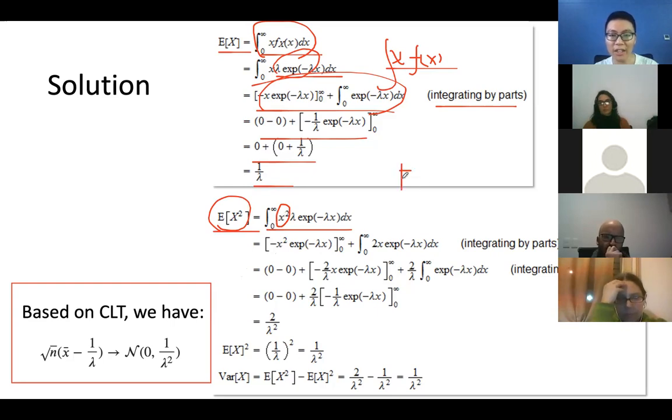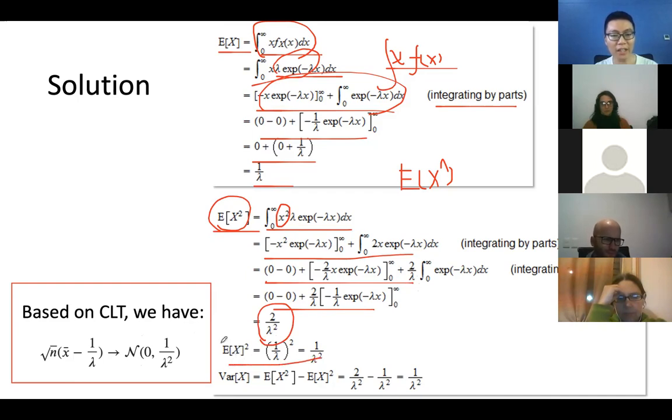So how do you calculate the expectation of X squared? You just replace the X with X squared. It's pretty simple, but you do the integration. This is all math. Due to the time limits today, I won't do it step by step. I just show you the basic idea, but this is all integration. It's more mathematics. And this is the E[X] squared, right? You just get the square of the E[X].